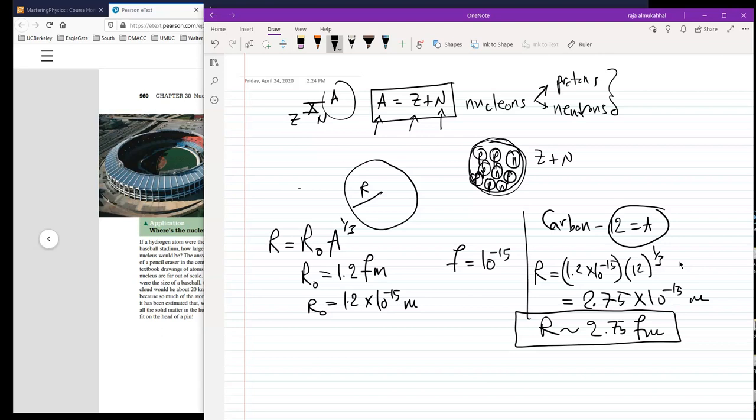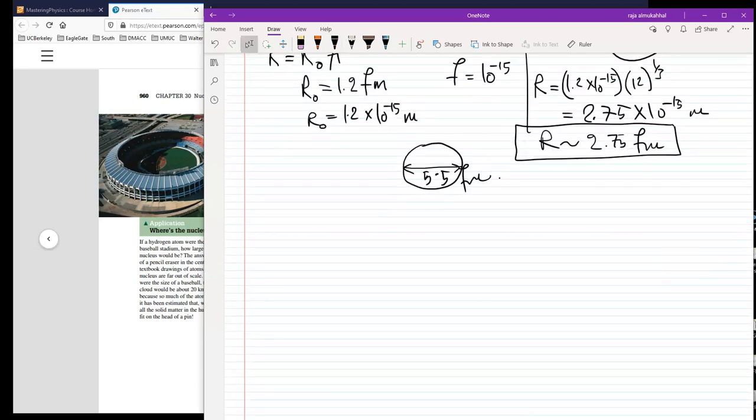So the diameter, if I am picturing the carbon nucleus to be like a ball or a bag, like we said here, the domain or the width of it or the diameter of it is roughly 5.5 femtometer. Got it? And that's basically what it is. Okay. Good. The next topic is the